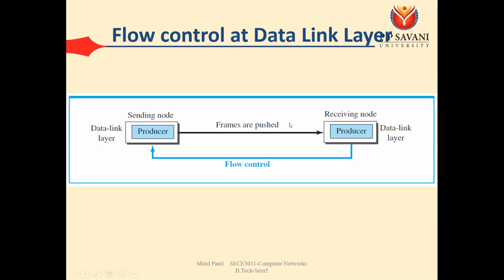So now how is flow control going to work? Suppose the buffer on the receiver side becomes full, then we will inform the sender that my buffer is now full, you will wait for some time. Then once the buffer at the receiving side is empty, the receiver will again inform the sender that now I am ready to receive, now you can send the frame. In this way we can implement this flow control mechanism.